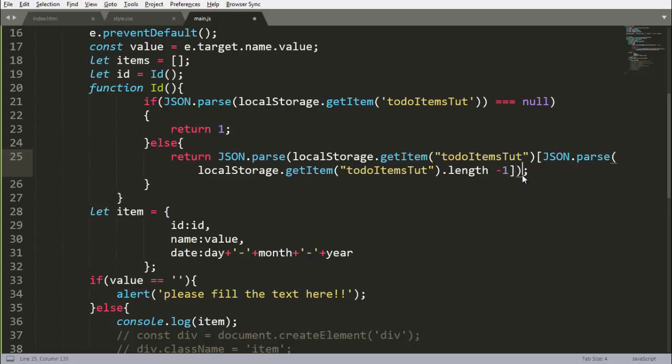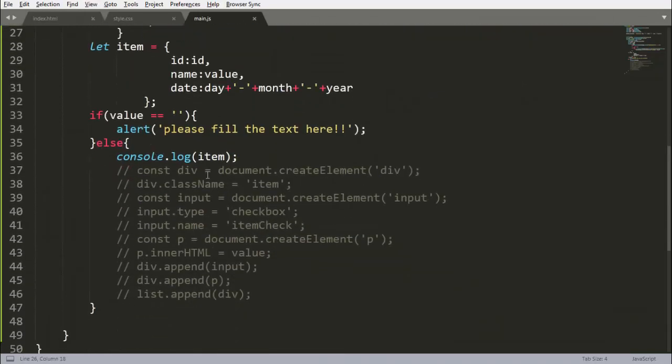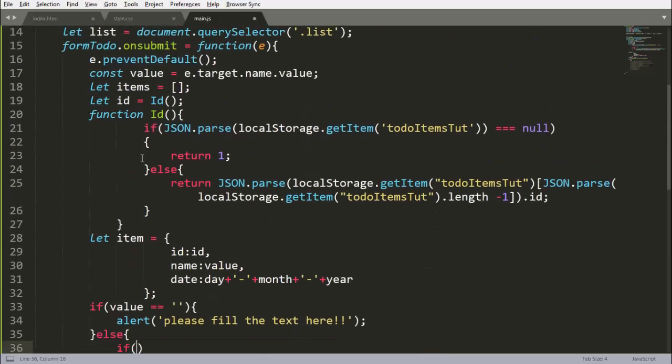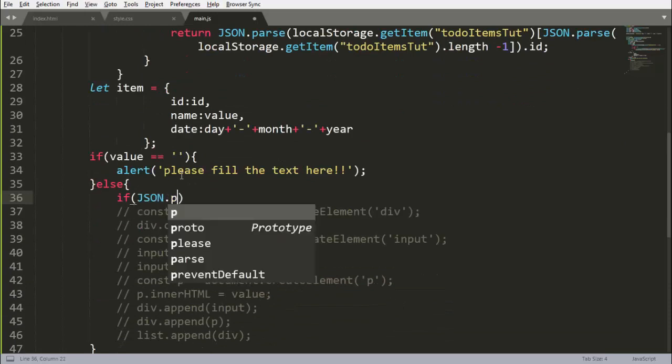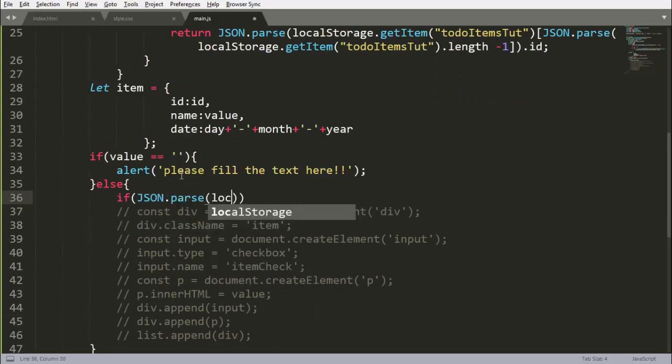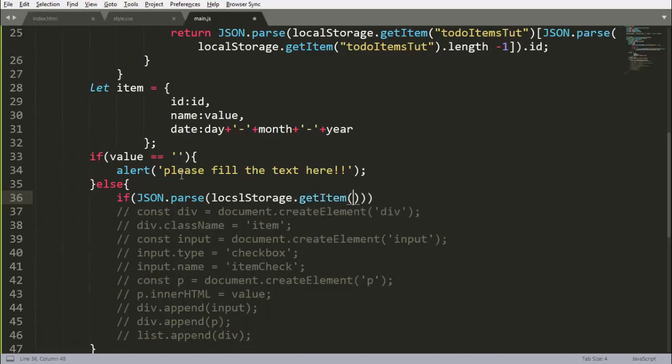So what do we want for that? We want to return the ID of that element here. So it will give us the ID. To test this, first of all let's insert the element here. There will be an if condition, and in that if condition there will be if JSON.parse localStorage.getItem, and that item name is todoItem start.